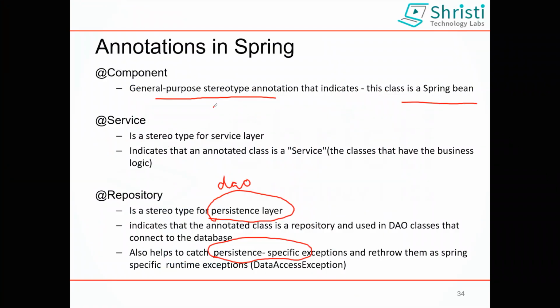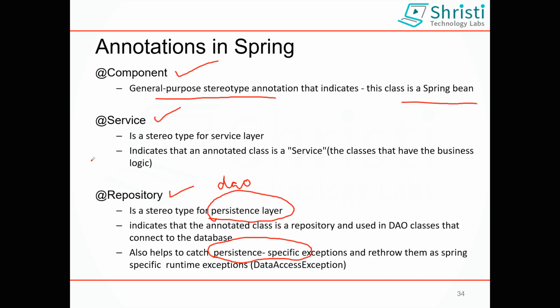The @Component annotation can be used on Java Bean classes. The @Service annotation can be used on classes that will be handling the business logic. The @Repository annotation can be used on interfaces or classes that are responsible for connecting to the database. One important thing that you need to notice is that @Component and @Service annotations can be added only to